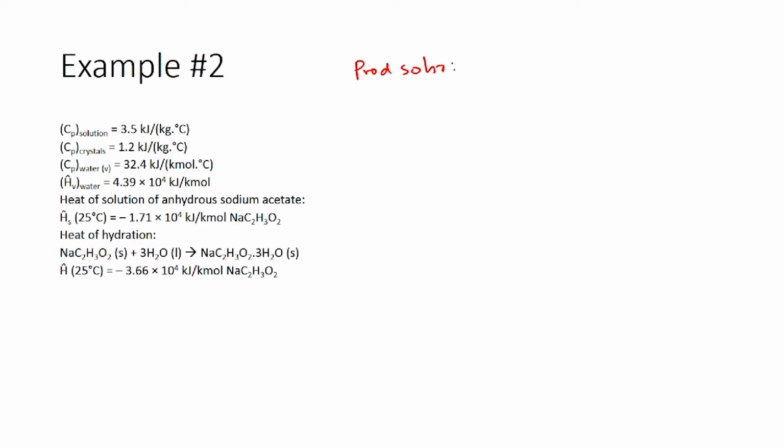For the product solution, we again have to calculate the change in enthalpy, let us call it H2, as Na times delta Hs cap at 25 degrees Celsius, which is the first step where the pure components are converted into the solution at 25 degrees Celsius. From here it would have to be heated to 50 degrees Celsius. So, it will be m integral Cp dt, where it is going from 25 to 50. The Cp for all the solutions has been given as 3.5 kilojoules per kilogram. So, we will write this, and this would give us